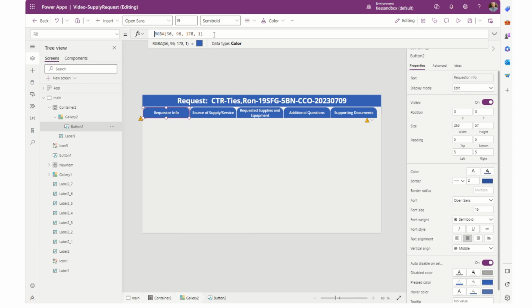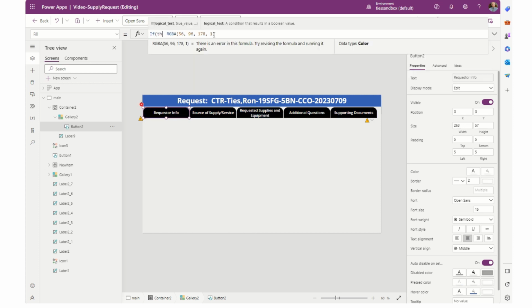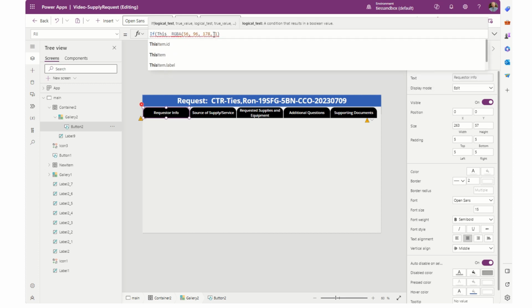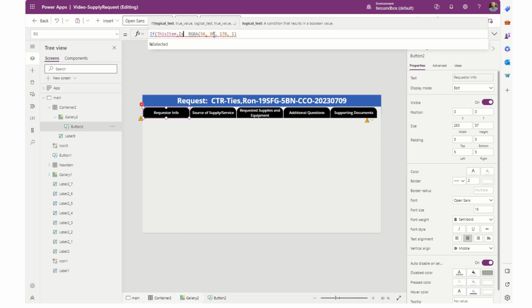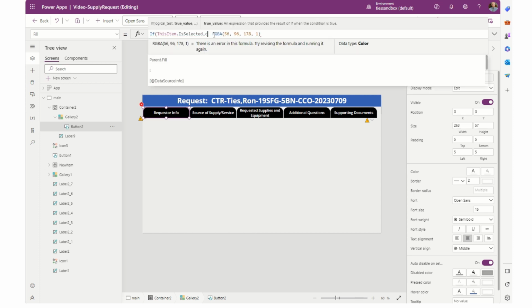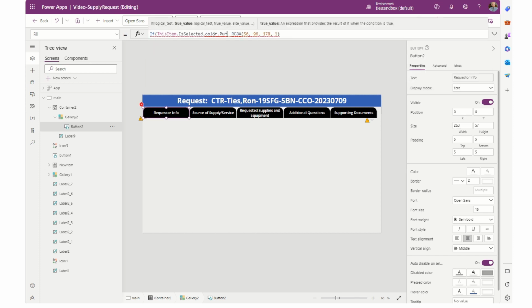So I'll put a couple of spaces in there to separate it from what I'm doing. If this item dot is selected, color purple,